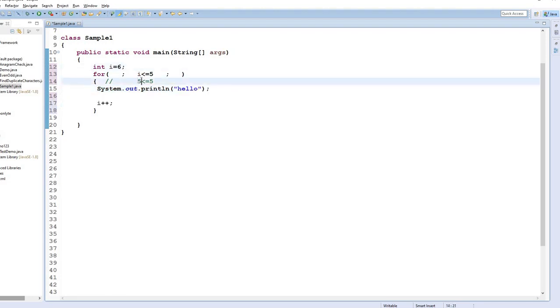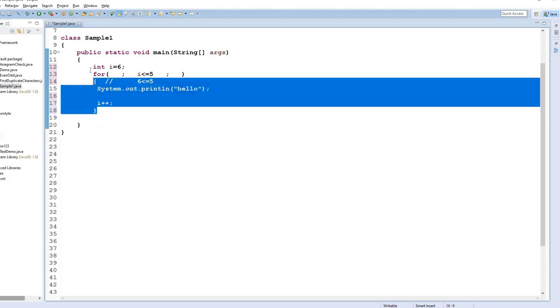Now can you guess? Is 6 less than or equal to 5? Condition is true or false? It's false. Hence this for loop will terminate. So this is also one of the kind of questions asked in interviews. There is no mandatory rule that initialization should be here. It can be outside the for loop. And condition could be here. And increment need not be here. You can put it inside the for loop also. So this is how the program of for loop or the logic will get executed.